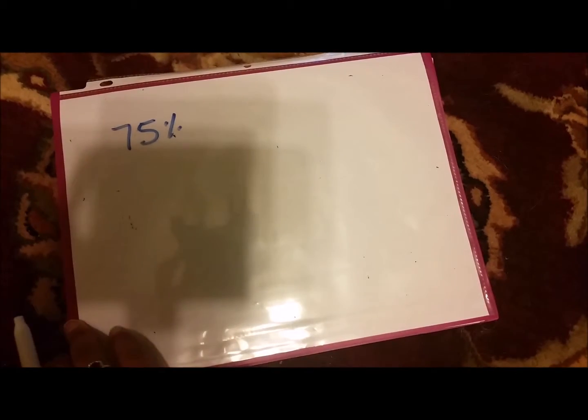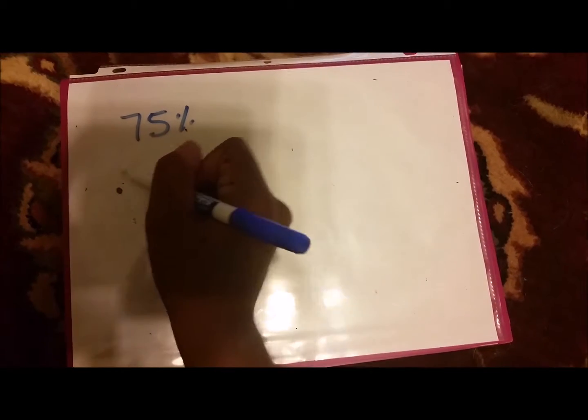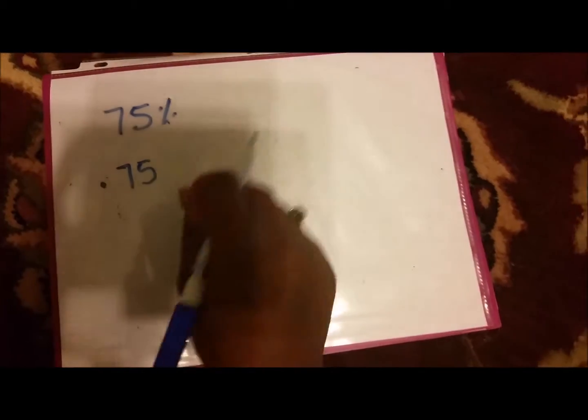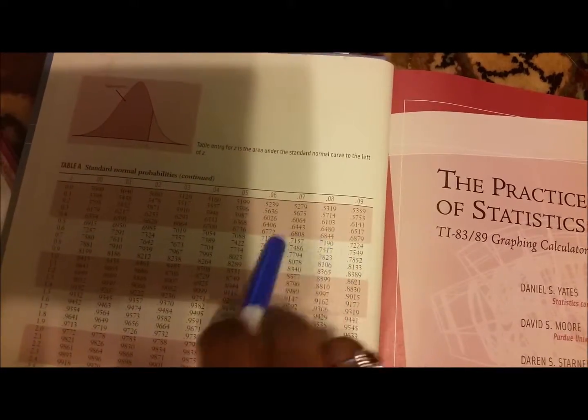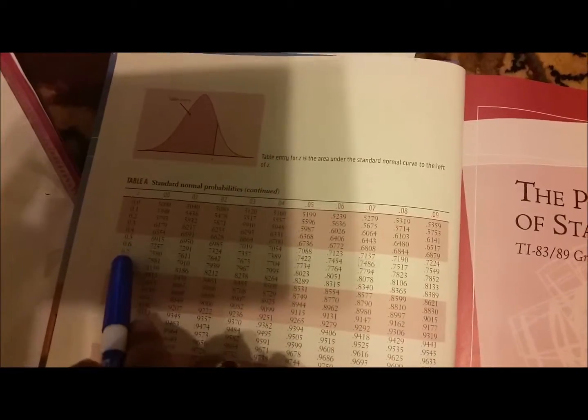So in order to do that, 75% can also be 0.75. Now with this number, we're going to look inside of our textbooks or our z-score charts and try and find the number closest to 0.75. Now in here, I have, it's hard to see. Well, I'll just tell you. I have 0.7486. That's closest than the ones around it, so that one is what is closer to 0.75. And the number, or the z-score for that, is